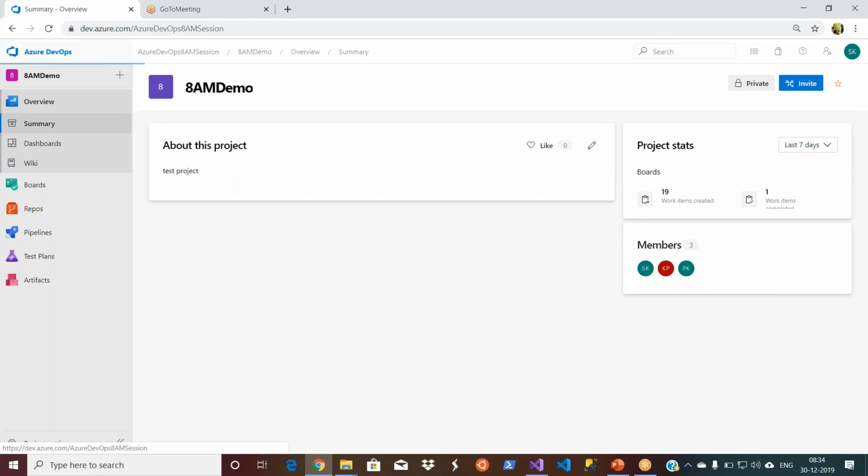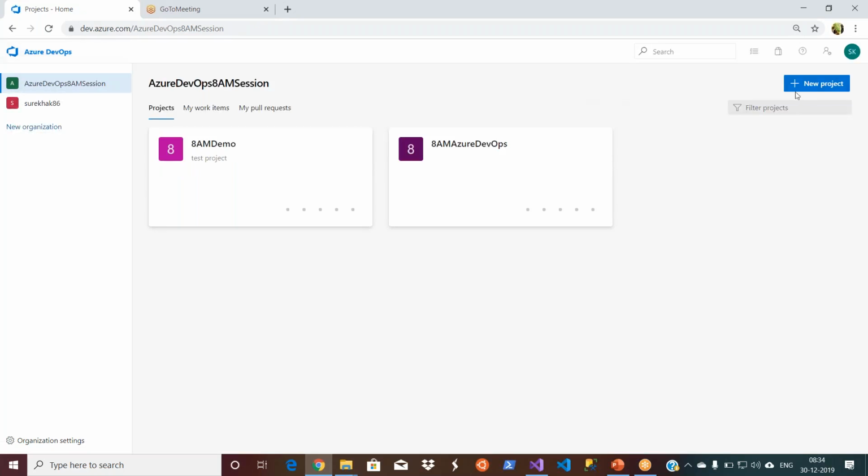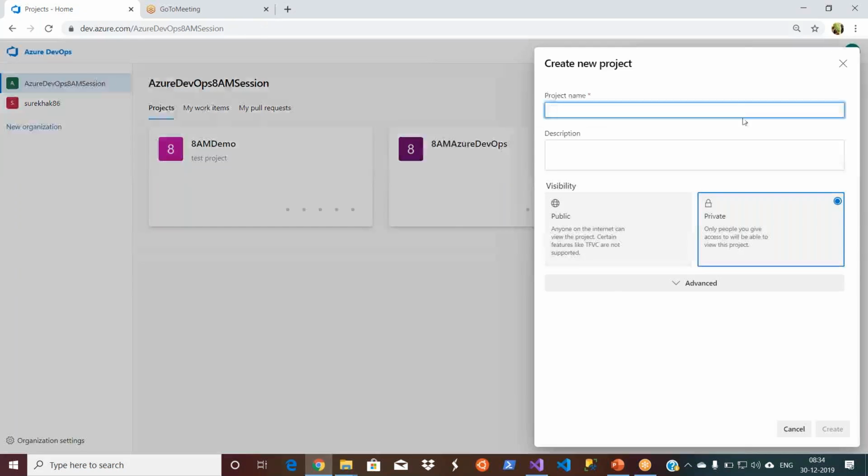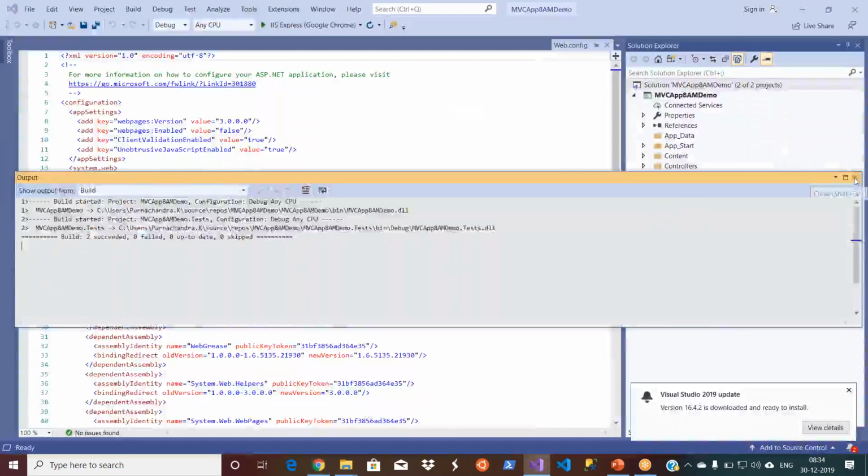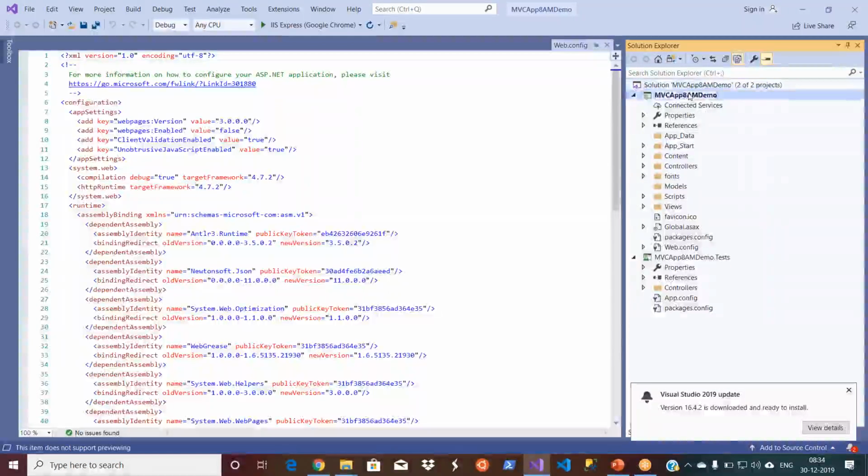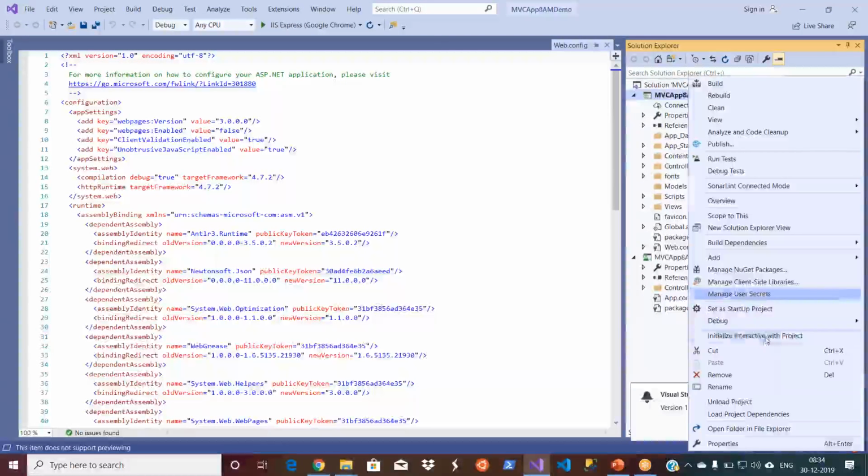How do you create a project? You can go to the home and then click on new project. I will give the same name. Basically, it's better, otherwise we will forget what is what.